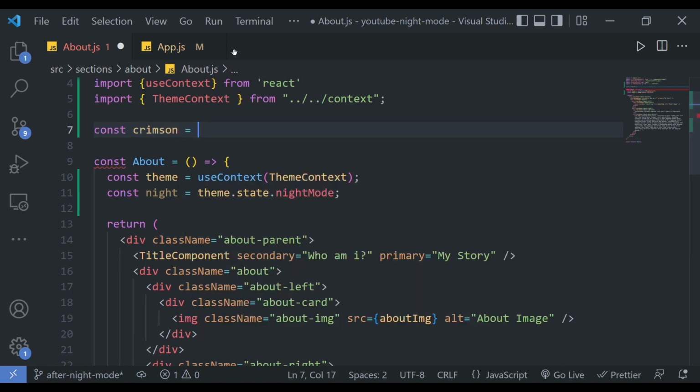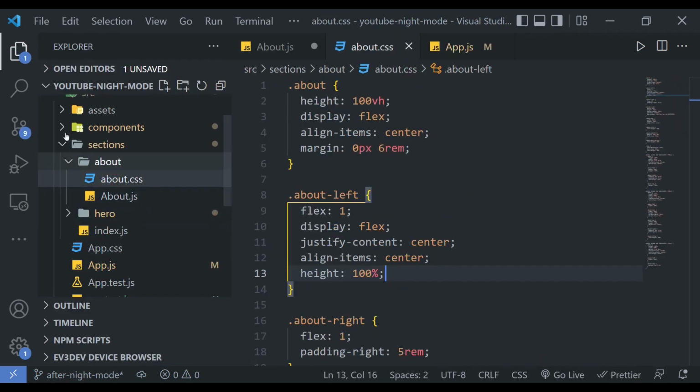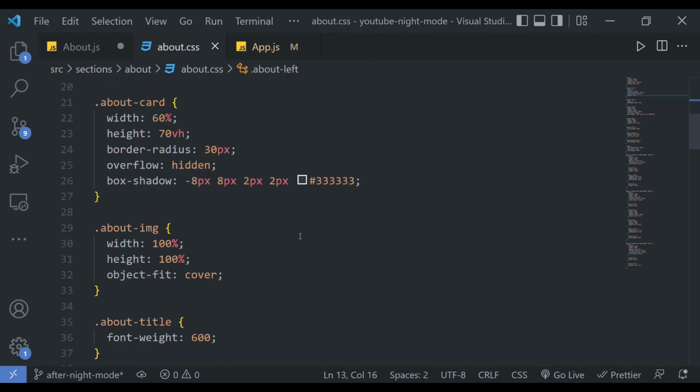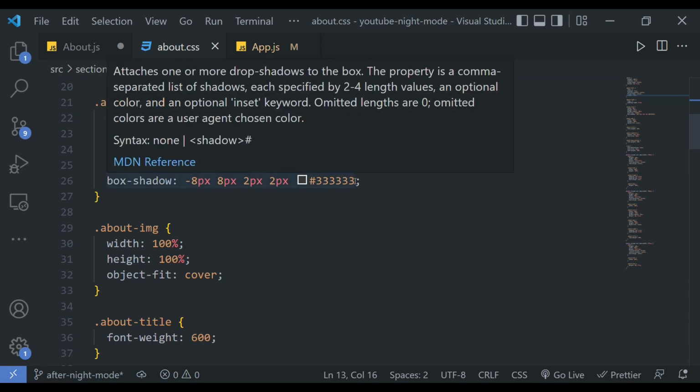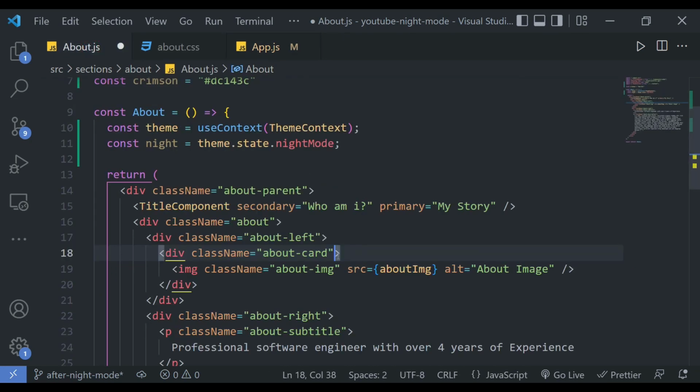I have this color already, so I'll just paste it there. And on the card, let me first go and pick these exact figures from the about component. So where is the card? Over here. I need these exact figures over here so that it stays the same, has the same look, but only the color changes. So style prop and